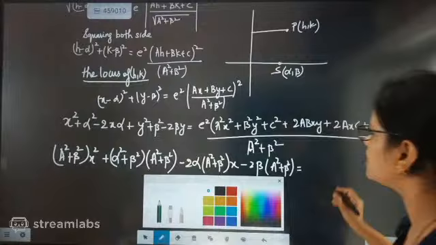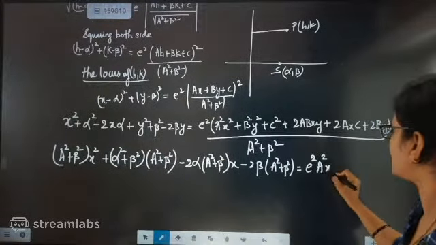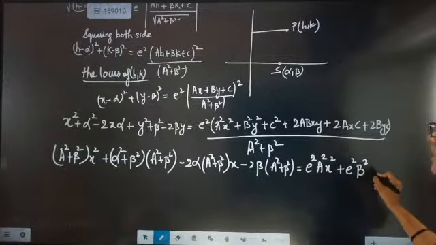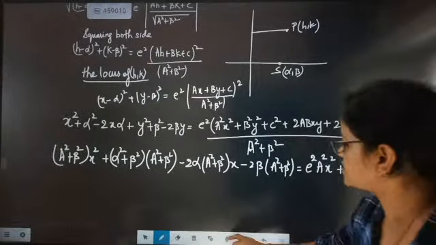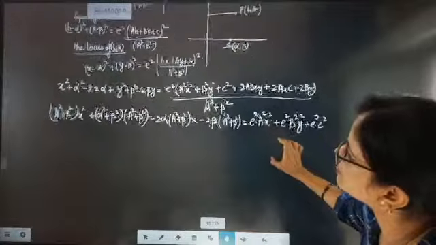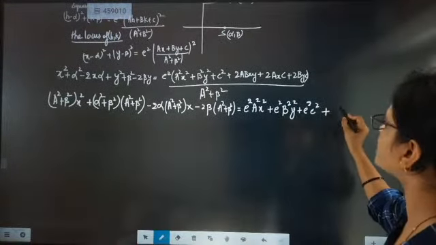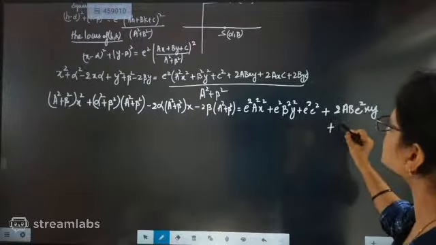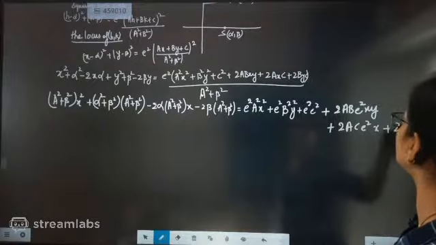So I'm just going to underline this part, whichever is going to be coming. So e square a square x square plus e square b square y square plus e square c square. This equation only we are generalizing, and we are just converting some values, and we will be getting the equation of conics. So here e square, this part is coming, then it will come as 2ab e square xy plus 2ac e square x plus 2bc